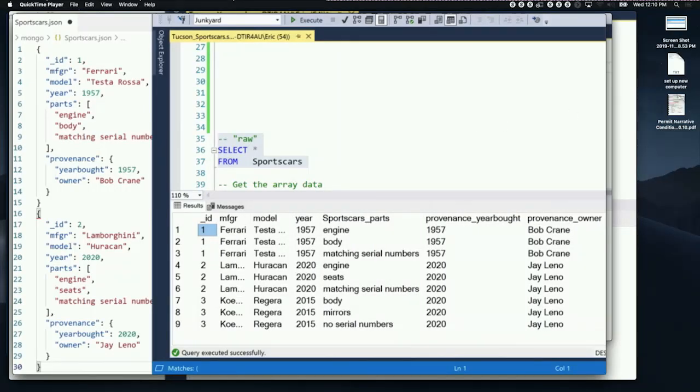Question. Is it possible to define things so that you have essentially 2 external tables mapped from the same document, one of them being the vehicle and one of them being parts of the vehicle? Kind of normalized thing? Could you create external tables, one that represents the parent and one that represents the child? Right.